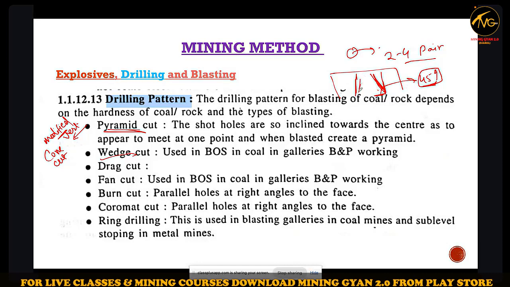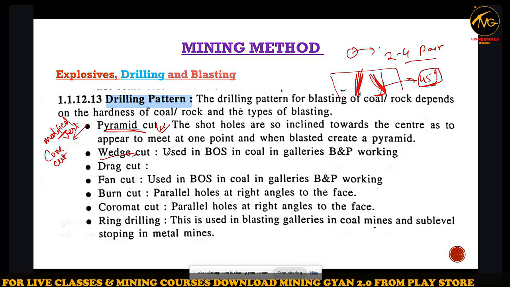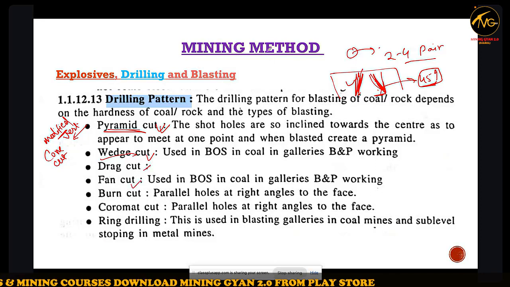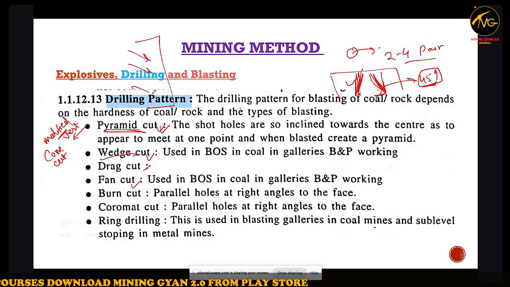Okay, so it is similar to the pyramid cut. The hole is inclined. We see that a pyramid cut also has inclined drill holes, wedge cut also, drag cut also, fan cut also. In fan cut we drill at an incline,